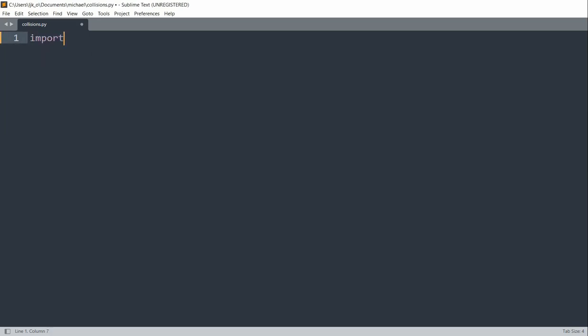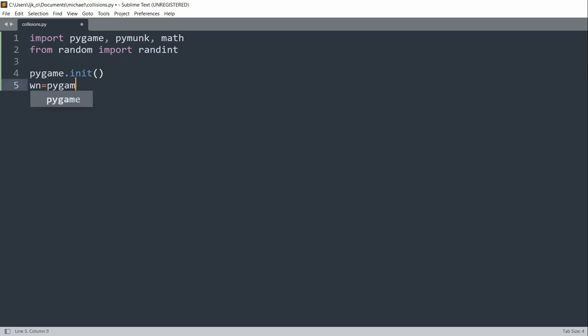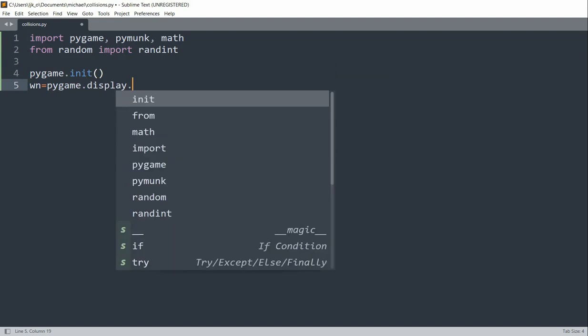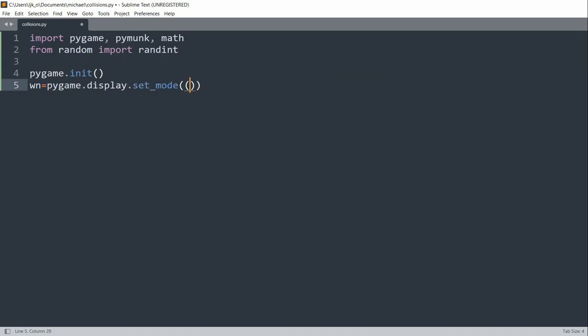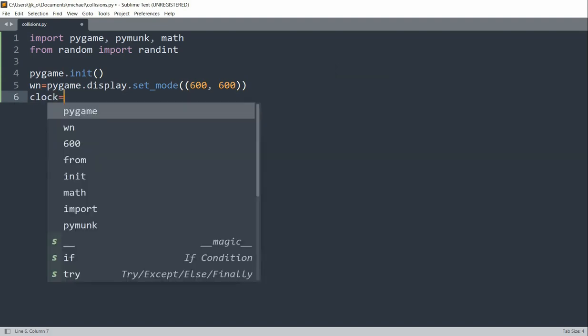So import Pygame, Pymunk, math. And we also want to import randint from the random module. Then we want to set pygame.init. We'll create our window, so pygame.display.set_mode. We'll have our window 600 by 600 pixels. We'll set our clock equal to